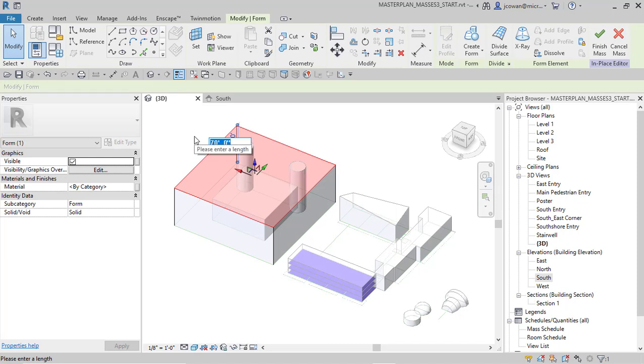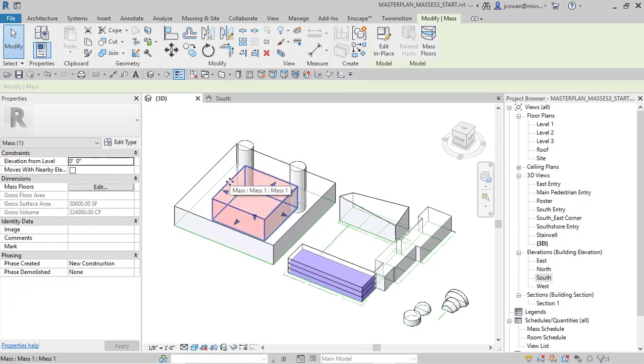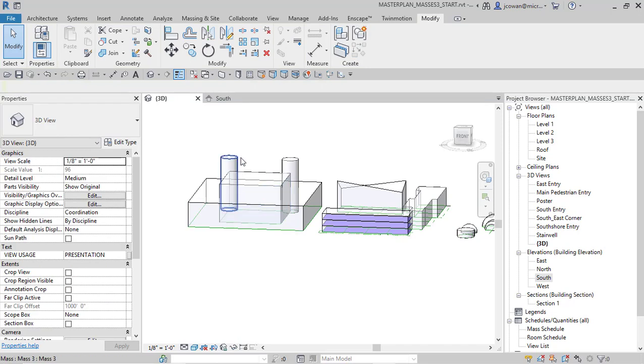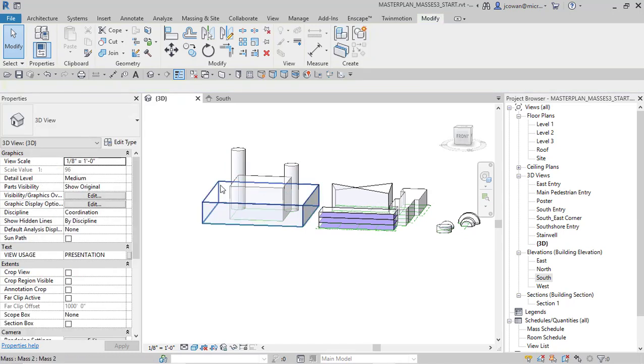This is 36 feet 4. Finish this. I just want to make sure that it's coming through, because this is an internal courtyard, and same with these things here. I'm going to make them the same height as this building here. So my favorite Revit tool, align to the top of that, this, align to the top of